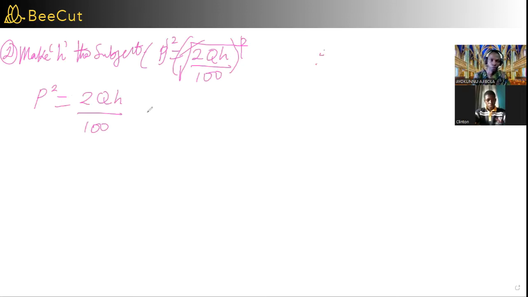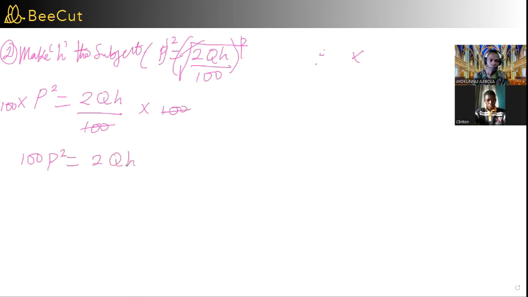So I'm going to use multiplication, which is the opposite of division. I'm going to multiply both sides by 100. So this one times 100, and this side times 100, or you could say cross multiply. So 100 cancels 100. Then you have 100 beside p, so we have 100 p square equals